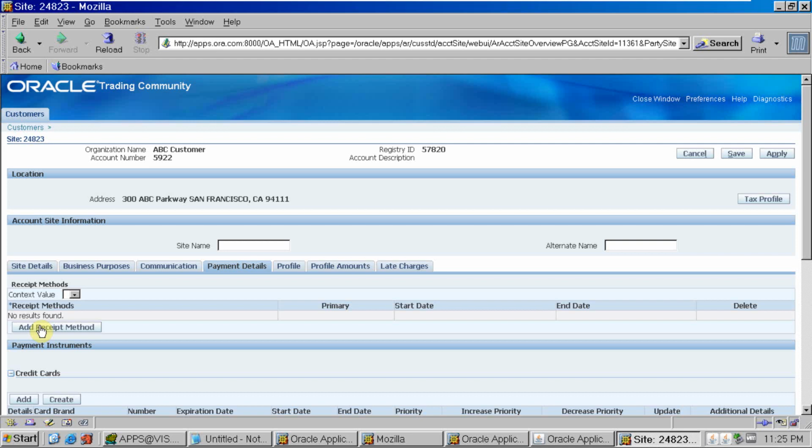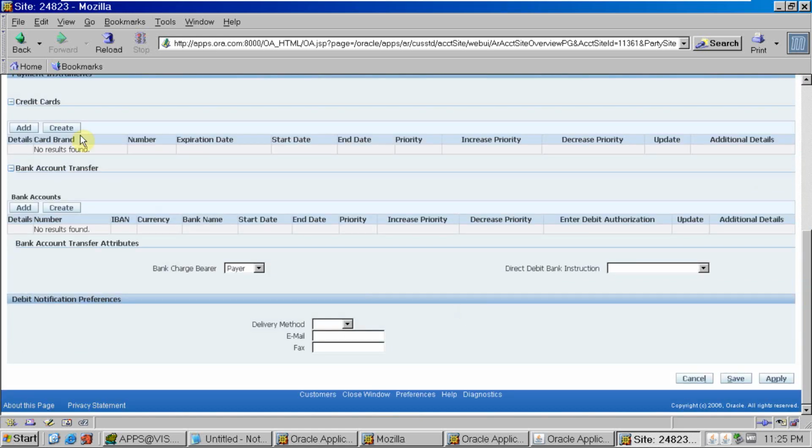In the bills receivable, whatever receipt method I have given here, it will be paid in the file, and here I will give the bank account details of the customer: bank account number, bank name, currency, all these details. The same setup we have to do for direct debit authorization.